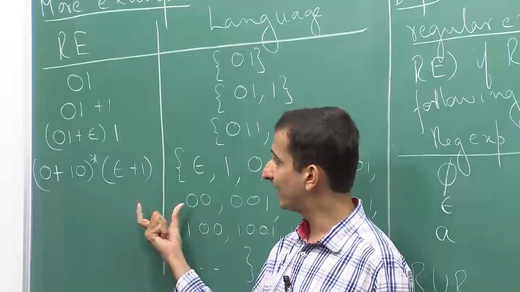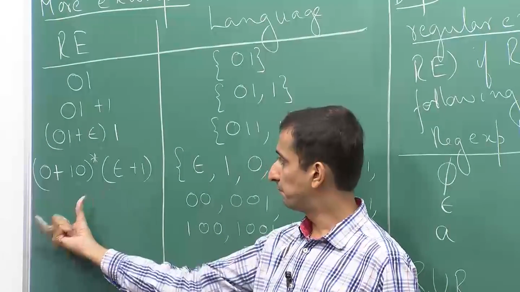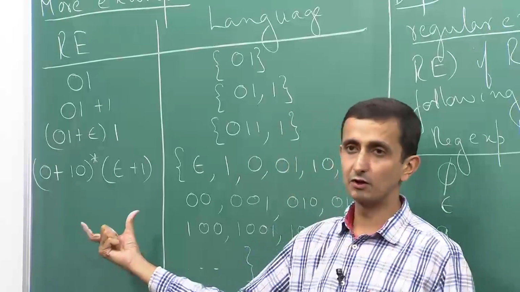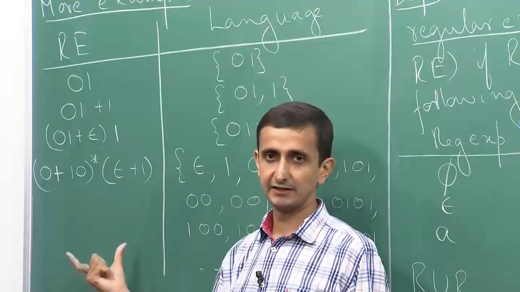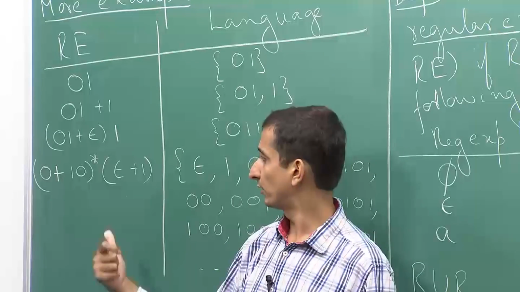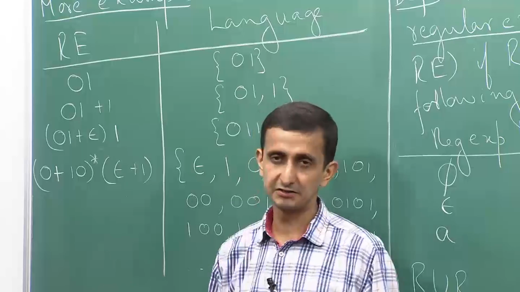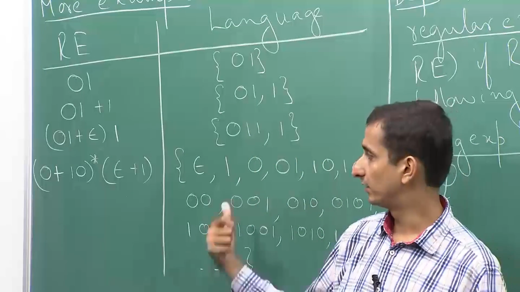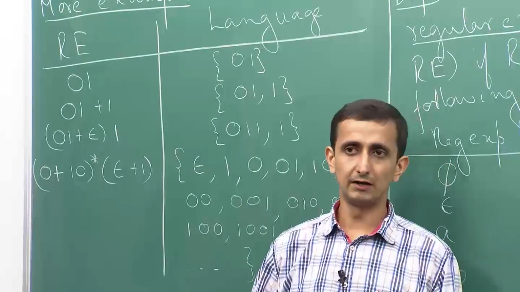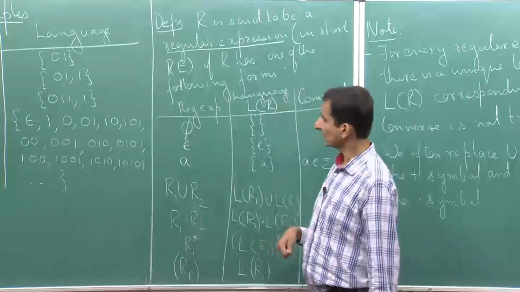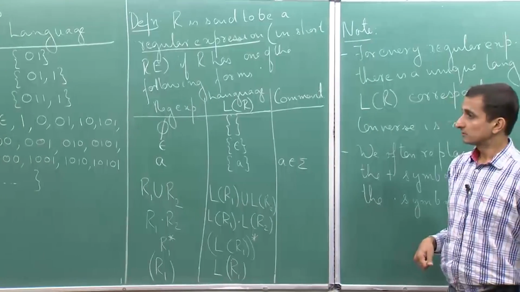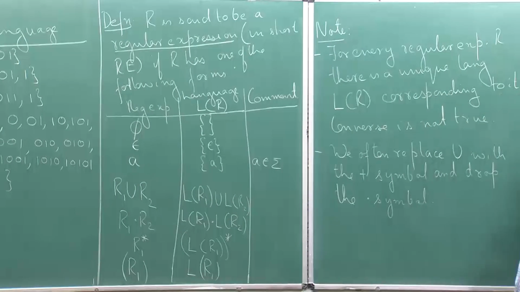But basically the idea is that whatever regular expression is given to us, we try to break it down into parts that we can solve in an easier way, or for which we can construct the language in an easier way, and then using whatever operators are there, whether it is a concatenation operator or union operator or star operator, we form the higher language that is needed. Okay. So, now let us look at some examples